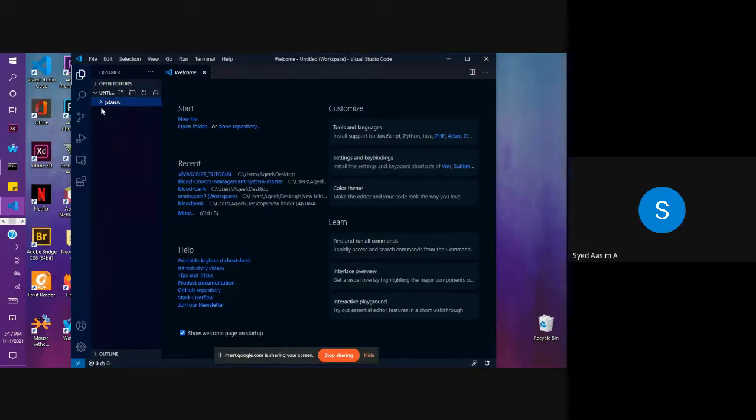So this is like the old three file concept we used to do, right? This is that. Now we have to add a file. For example, I am saving this as index.html, and then I have to